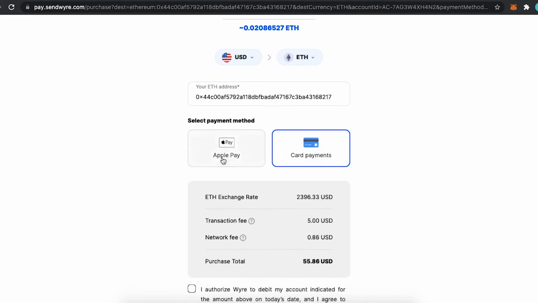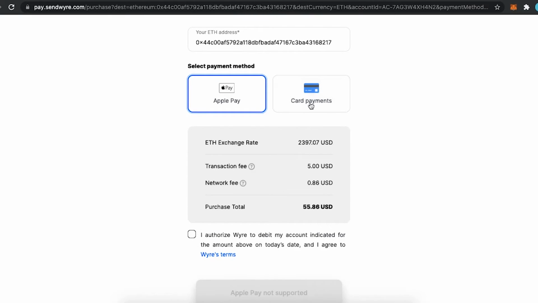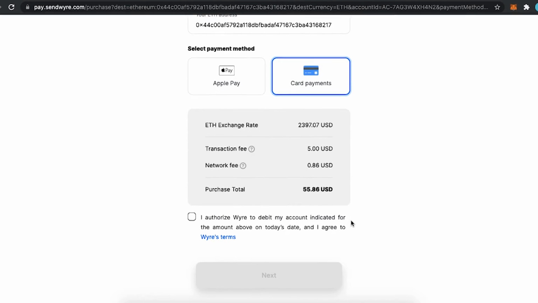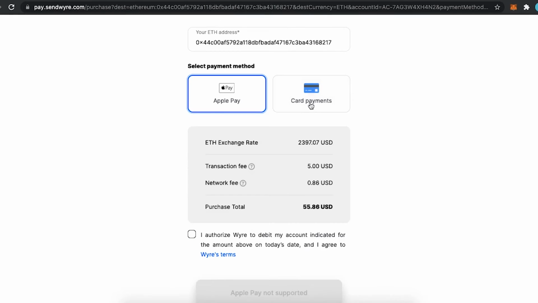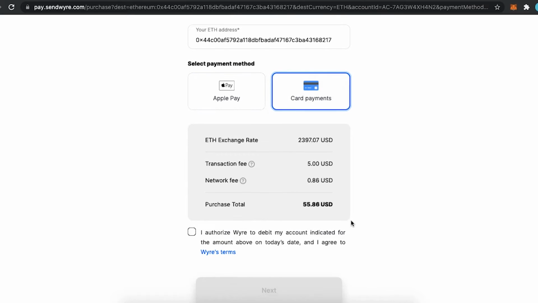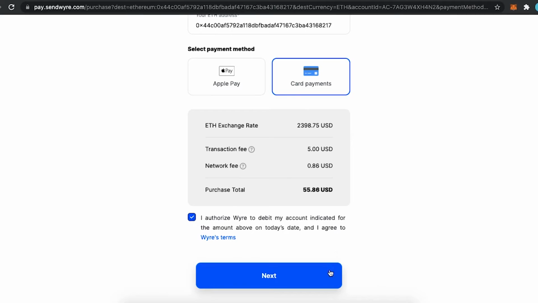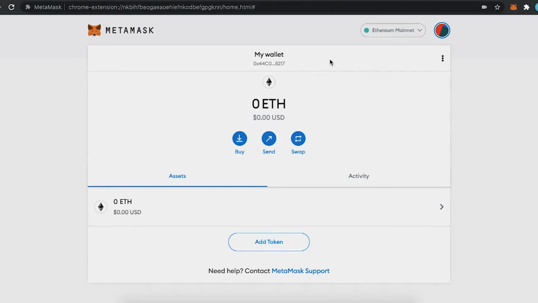Here you can see exchange rates and associated fees like transaction fee and network fee. Transaction fee is the fee which you are paying to the exchange platform, and the network fee is what you pay for verifying the transaction on network. You also have to agree to the platform terms. The transactions are anonymous. There is an additional interesting feature in Metamask, which is called swap feature, a place where